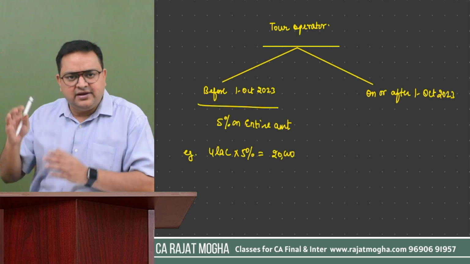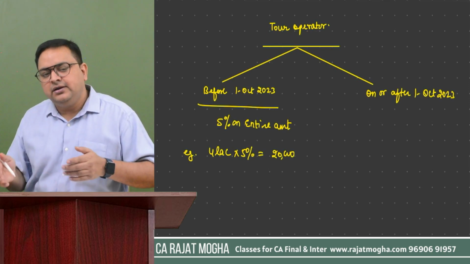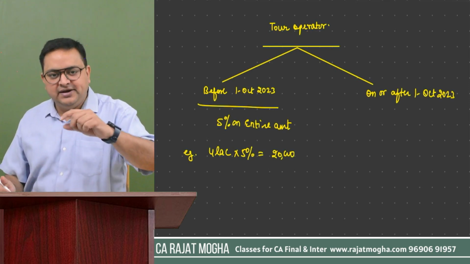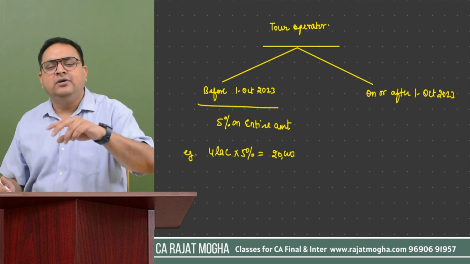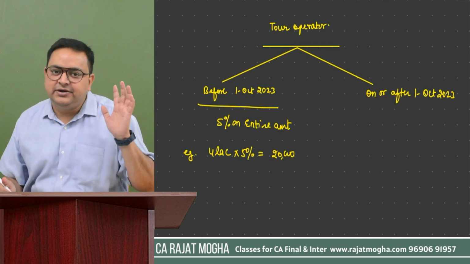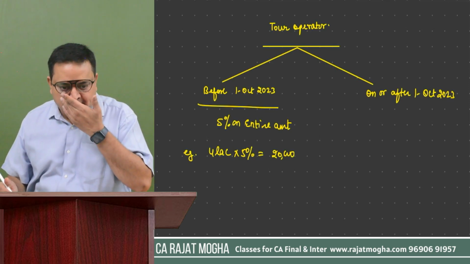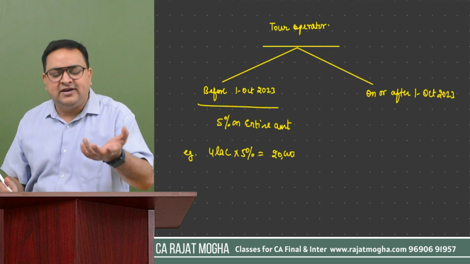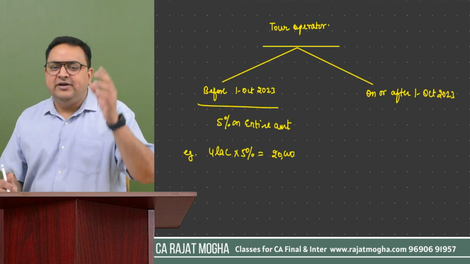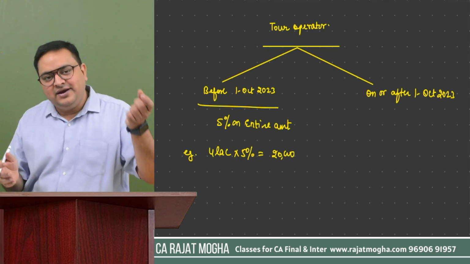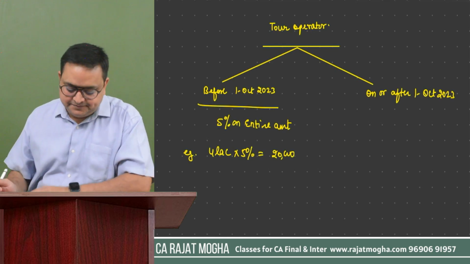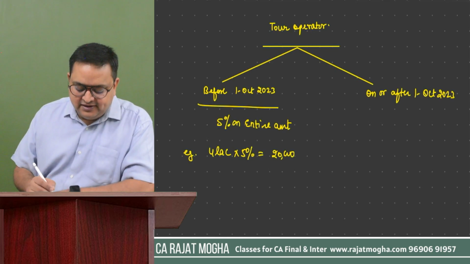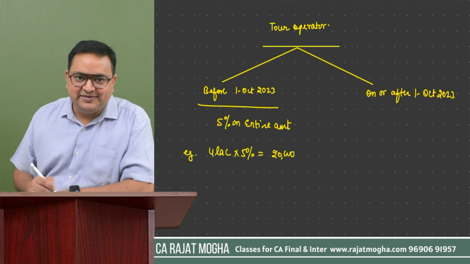Whenever you will be submitting your return, whatever is your tax liability for this period, you can deduct this amount because this is the amount which has already been deposited to the income tax department, right? So I cannot say that this is an extra expense. No, this is not an extra expense. Whatever is your tax liability for this year, you can take the credit of 20,000 rupees, right? But the TCS rate is 5% in that case.